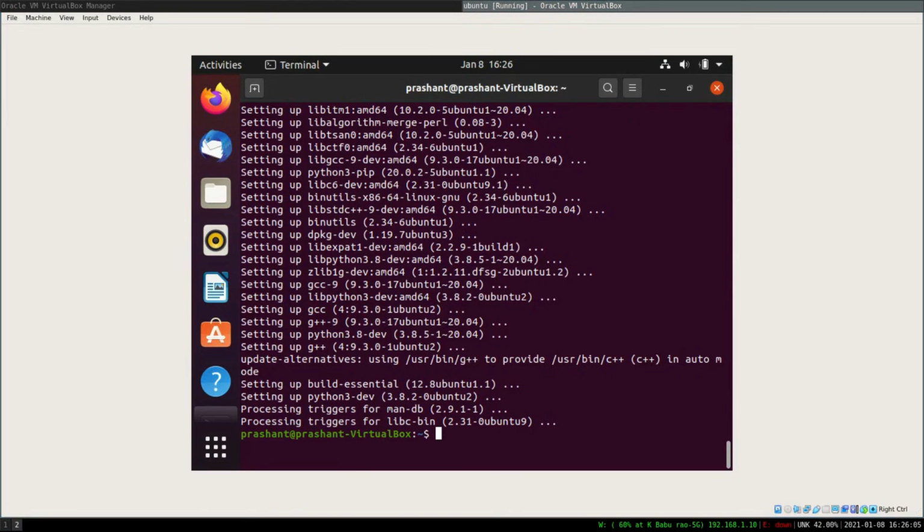Now to install any new package, let's say we want to install a package named numpy, we have to type the following command: pip3 space install numpy. If you want a specific version of a particular package, you would have to say double equals followed by the version number. So if I want a version of 1.2.1 or whatever that is, you would specify that number here. But if I don't want to specify, I can directly go ahead with the installation, and it will install the latest one that is available.